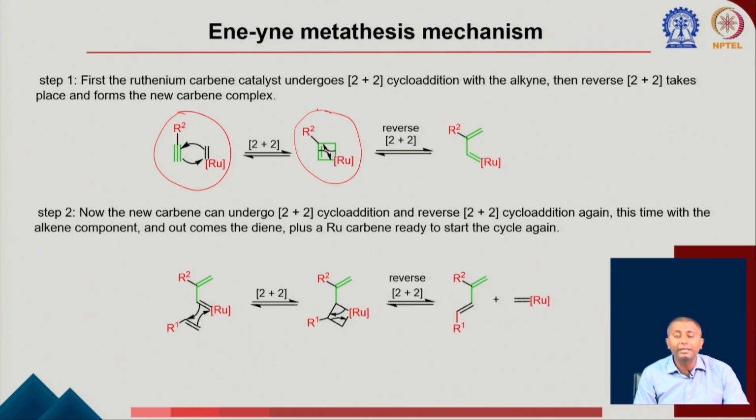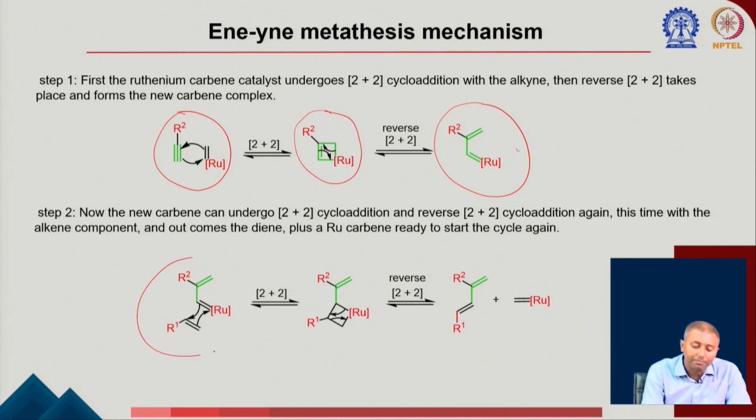Then there is a reverse 2+2. That means this cyclobutene is getting decomposed to form this type of species. Once it is formed, it participates in another 2+2 here. So now you have a double bond attached to this metallocarbene. So now it is a kind of diene-type structure which is going to participate in another 2+2